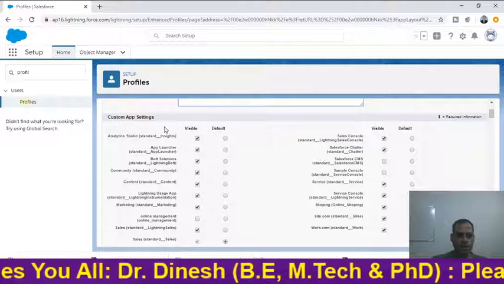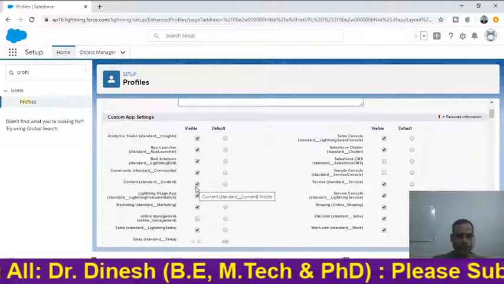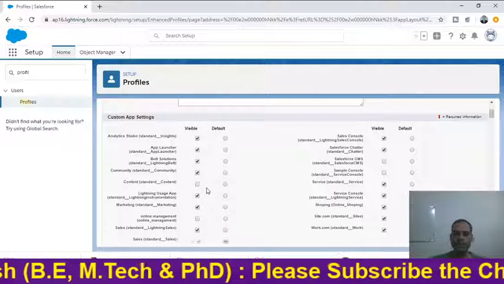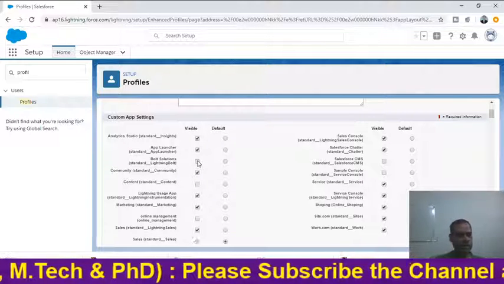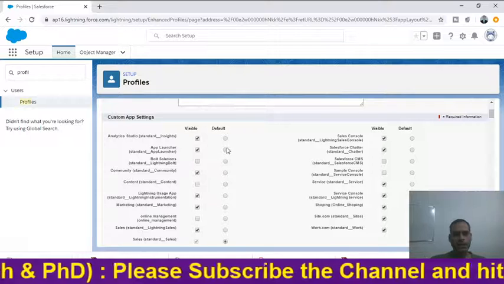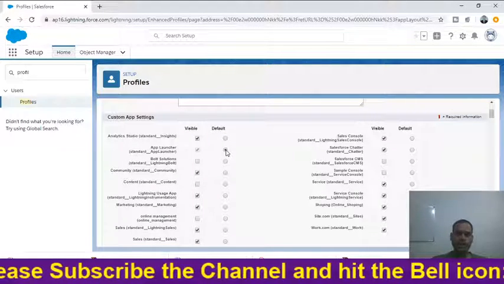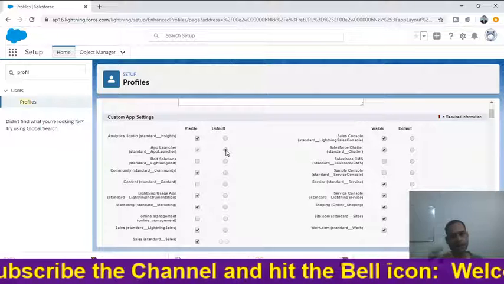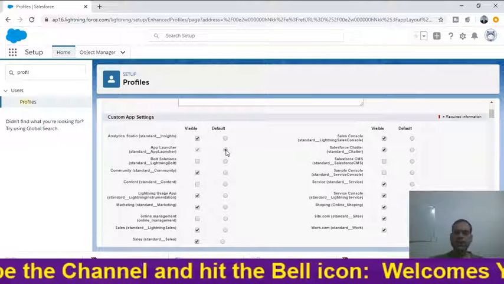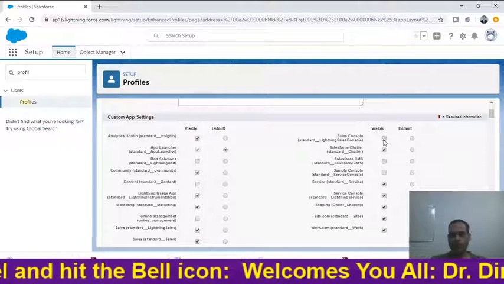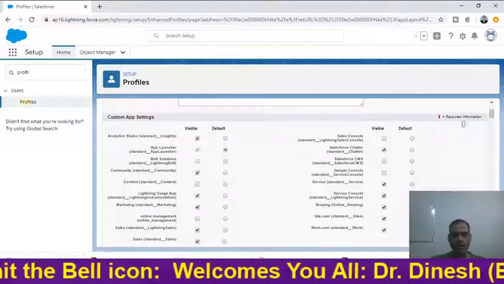Suppose these are the custom apps, and if we don't want this one to be visible, we just remove it. If we want to select the default, we can do that. It's up to the user, whatever he or she wants as per their needs. On the right side you can see the visible mode. If you don't want the visible mode, you can do that.